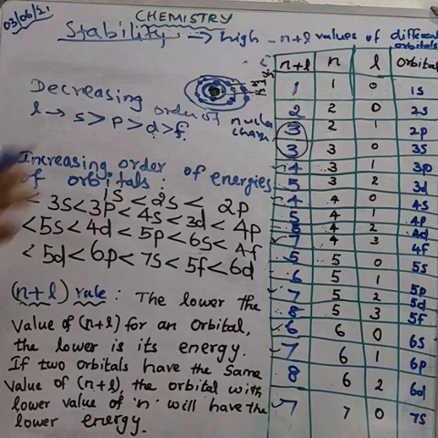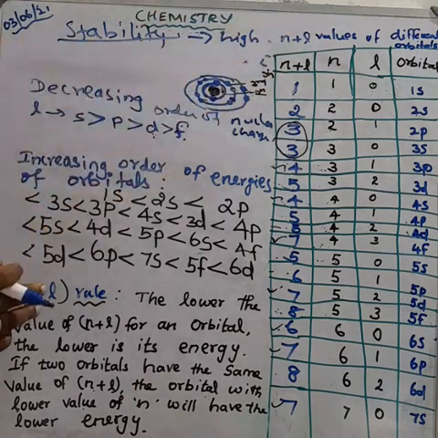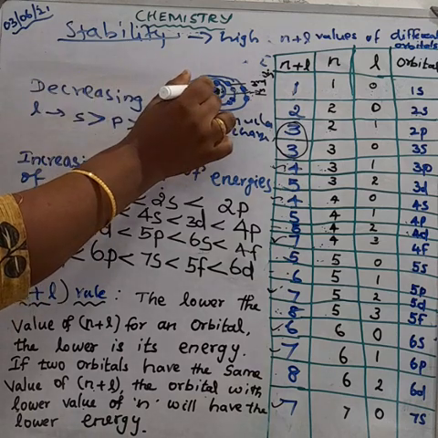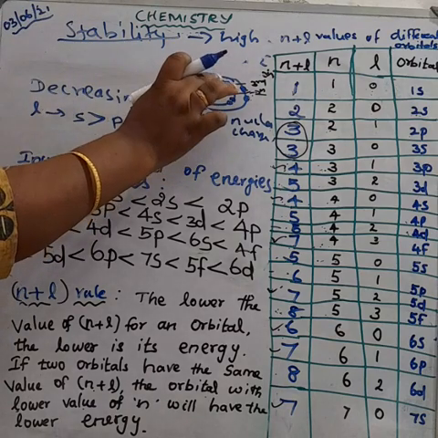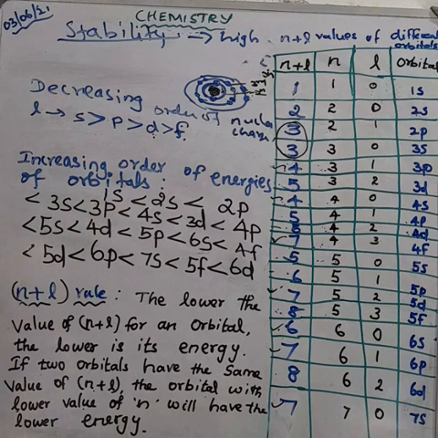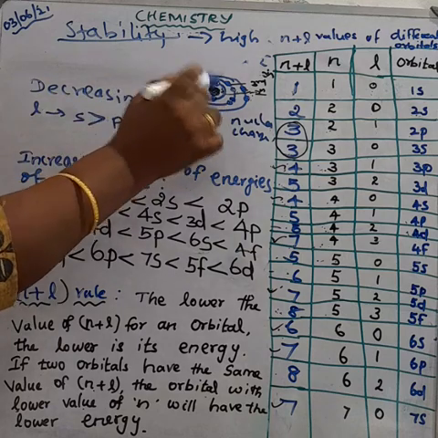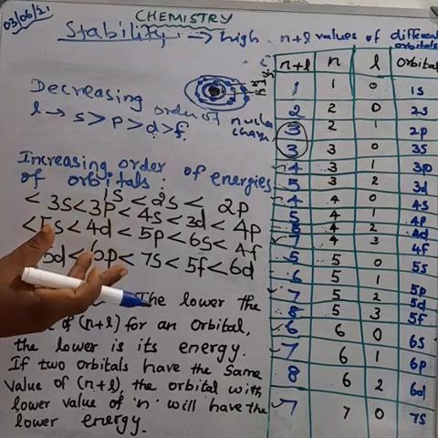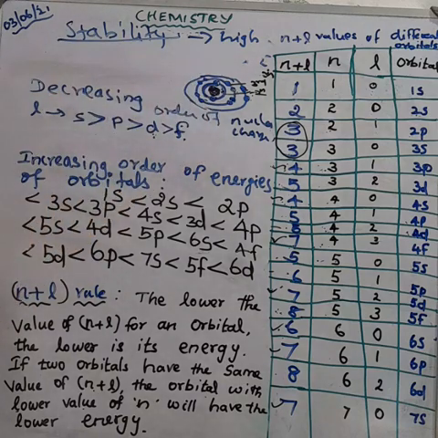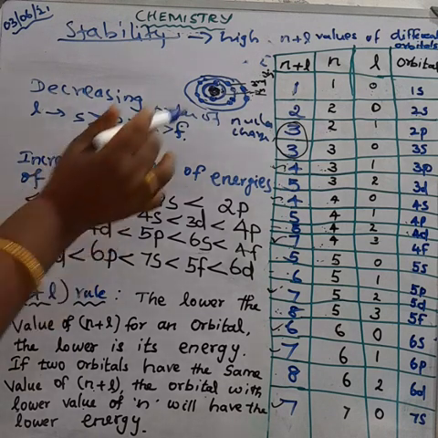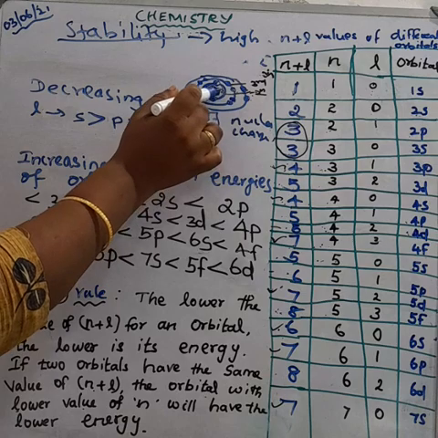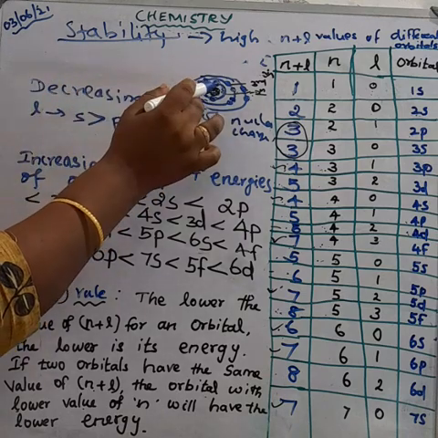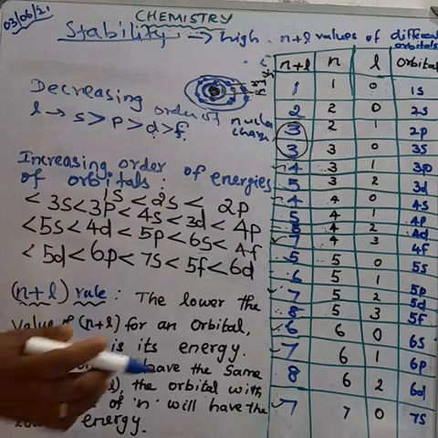Because of the greater nuclear charge, the protons, the positive charge, tightly attract the electrons of the s orbital. So these s orbital electrons we cannot easily remove, because the heavy nuclear force is acting on them. So the s orbital, p orbital, the orbitals near the nucleus, are very stable when compared to orbitals far away from the nucleus.